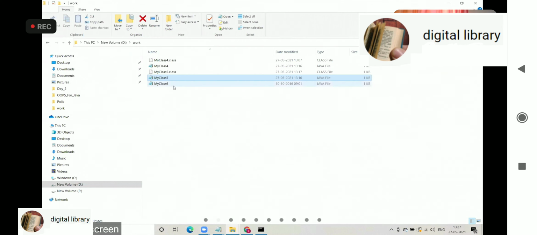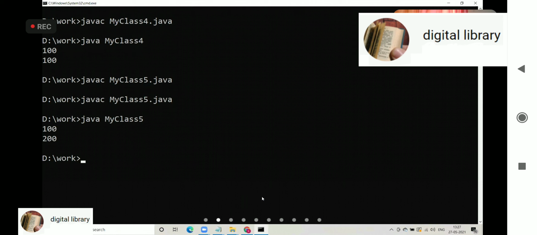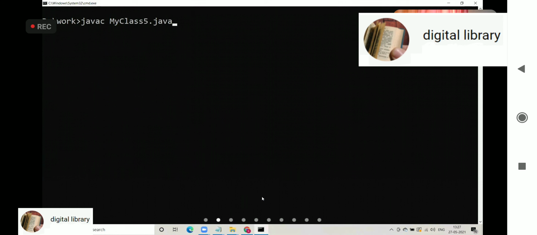Now myclass 6, which is same as myclass 5 but with